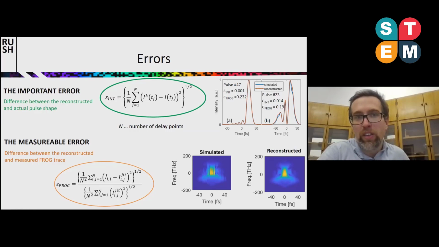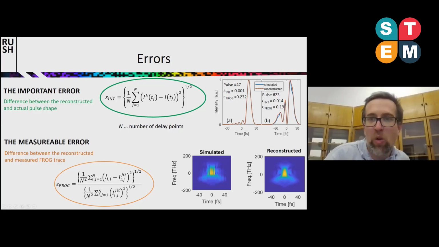And one of the connected issues is that it actually differs what you are interested in and what you can measure, right? The thing that you care about is how precisely you can reconstruct your pulse. So this is a result of some of our simulations, where you can see the original pulse, the blue shape, and the reconstructed pulse from the FROG trace.